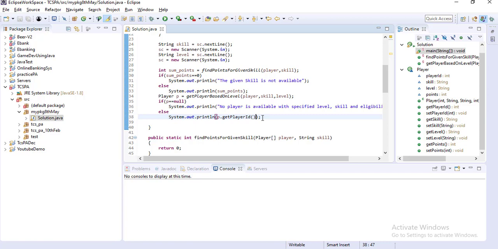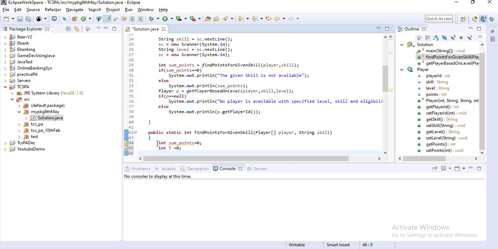For the first one, you have to calculate the sum points. So int sum_points, and I am initializing it with the value 0. Here I am taking one flag, int f equal to 0. Then I have the 4 objects in the array, so for int i equal to 0, i less than 4, i plus plus.